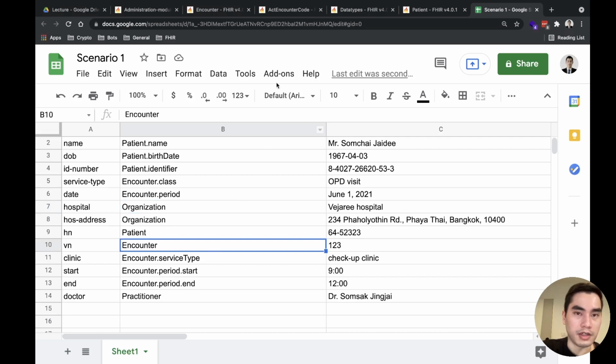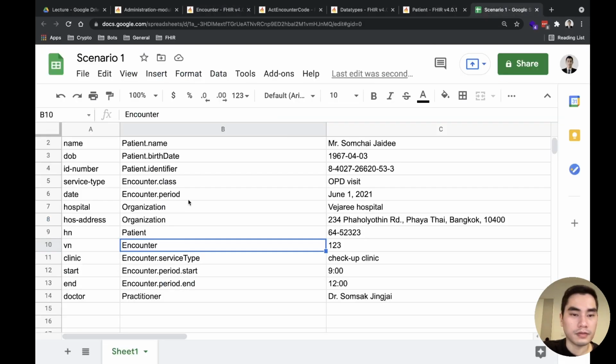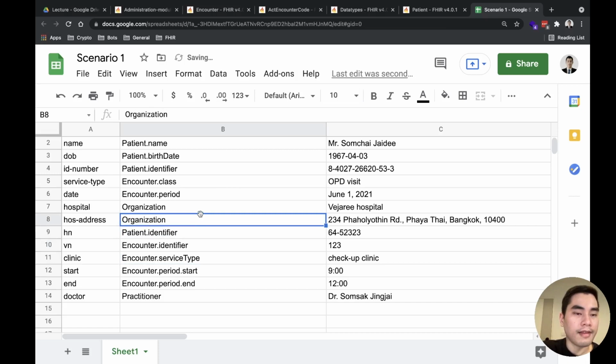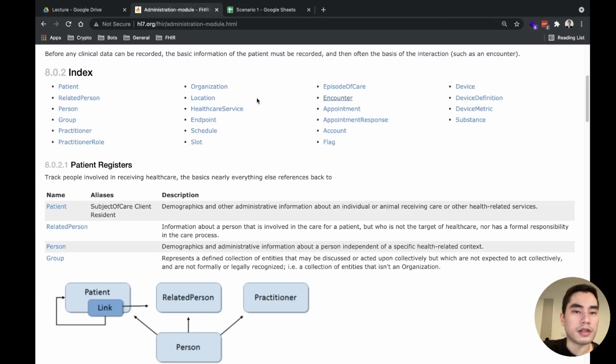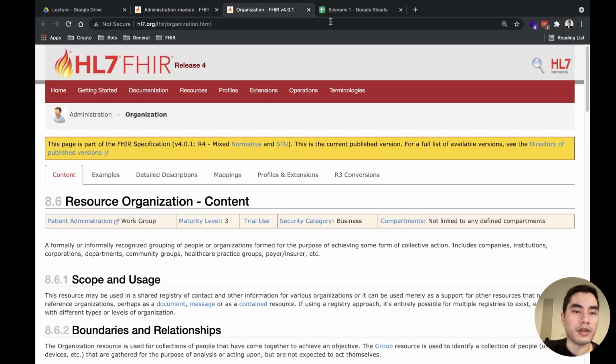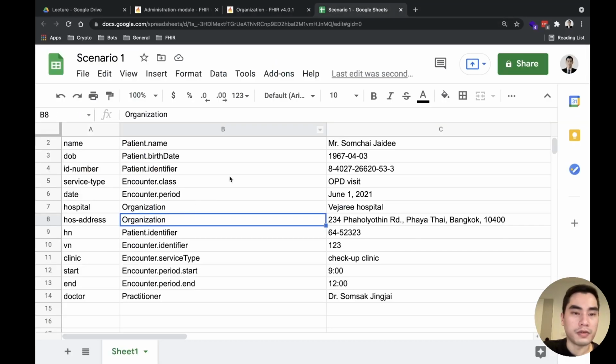So this one is identifier. And this one is also identifier. And now organization. Okay, we have it here. And we have name as well.